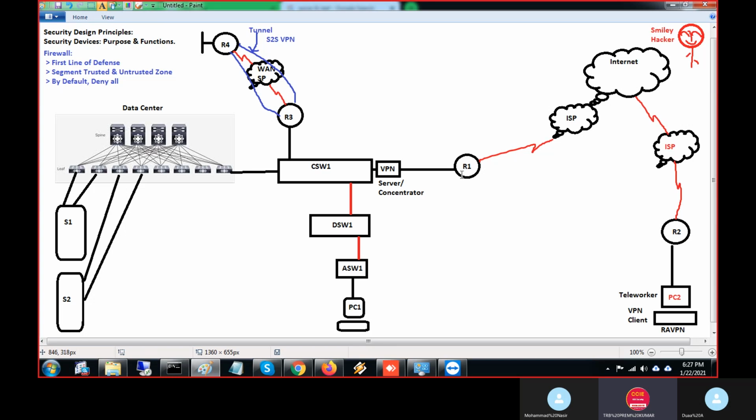See what a router will do. Router and switch by default permit any, permit everyone. But firewall is reverse. That's why it's a security device. You understand the difference between router and firewall? Router by default allows everyone.